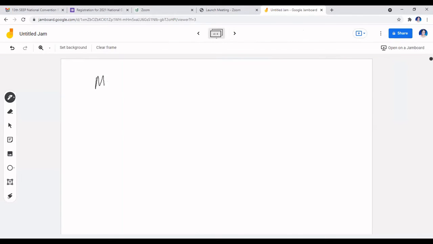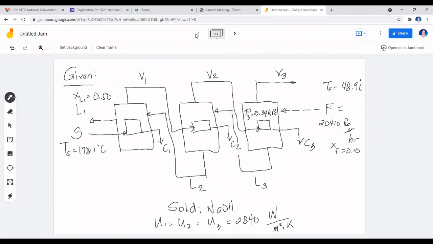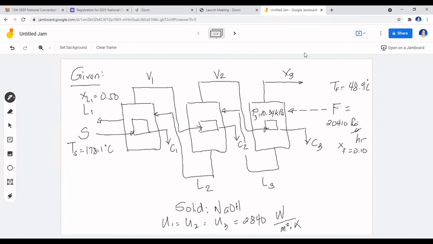So when you do material balance on effect 2, what comes in on effect 2? I still see the same names here on the chat box. What about the others? How do we do material balance on effect 2? I'll go to our illustration so you will have a guide. How do we write the material balance for effect 2?